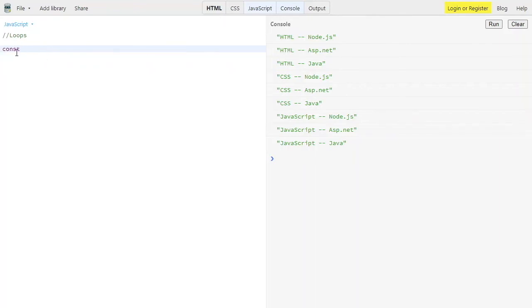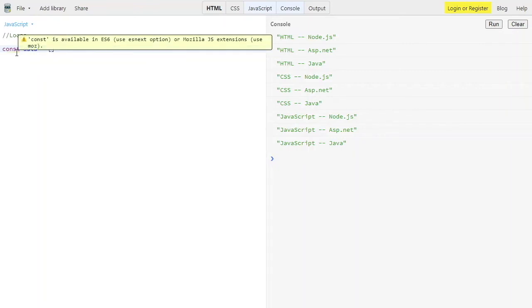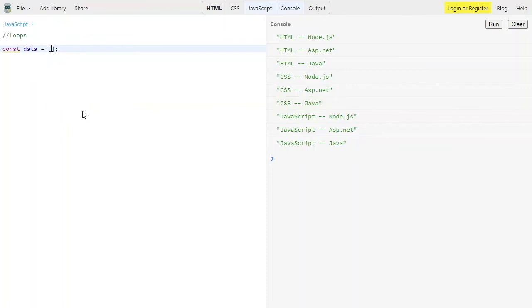We have a constant data, providing JavaScript, C sharp, Java, and Python.